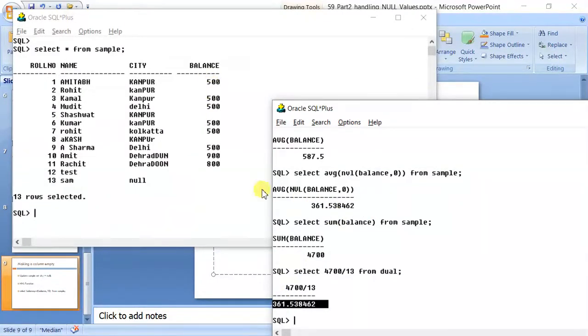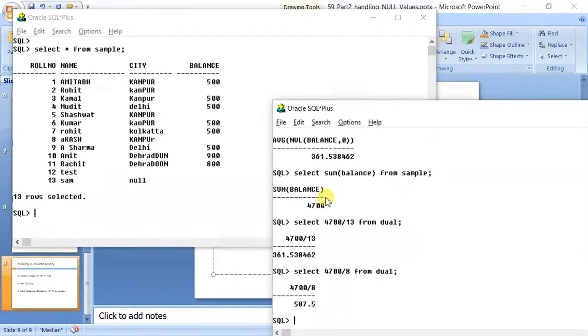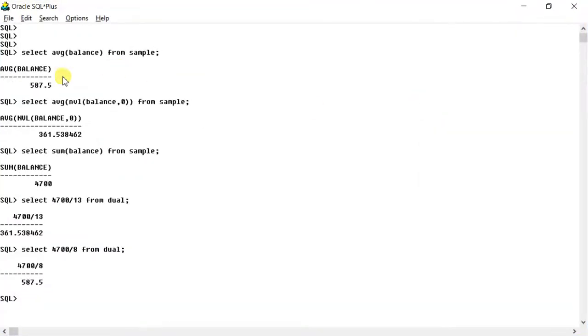However, if you take this, select 4700 by 8 values, from dual. So this was this value.